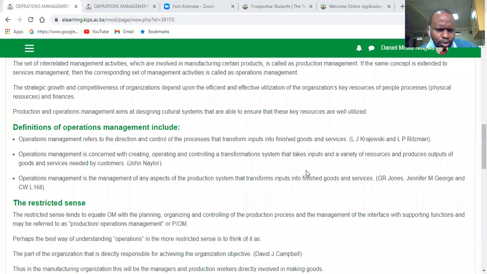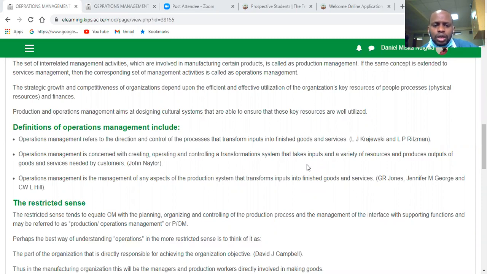Then different people have defined operations management. According to Krajewski and Ritzman, they said operations management refers to the direction and the control of the processes that transform input into finished goods or services. So all those directions and controls that an organization can perform